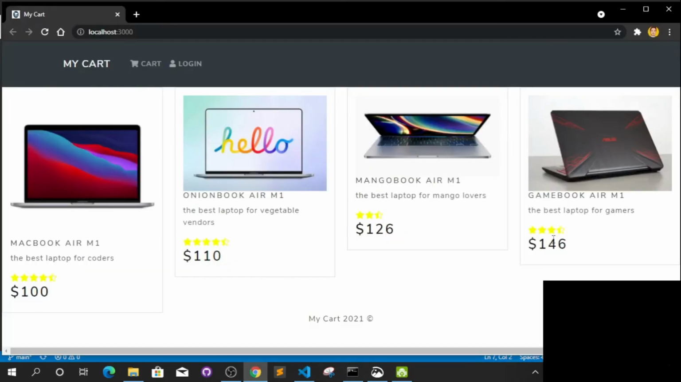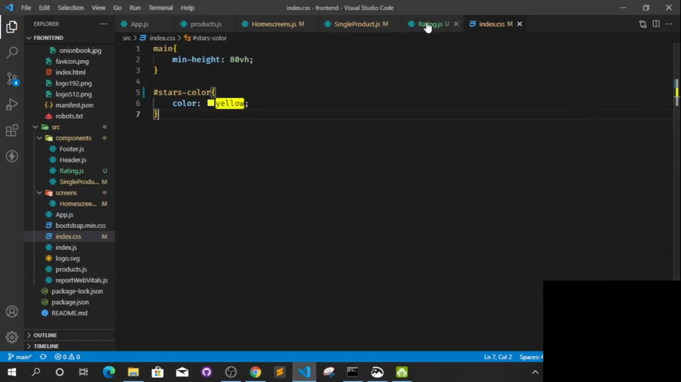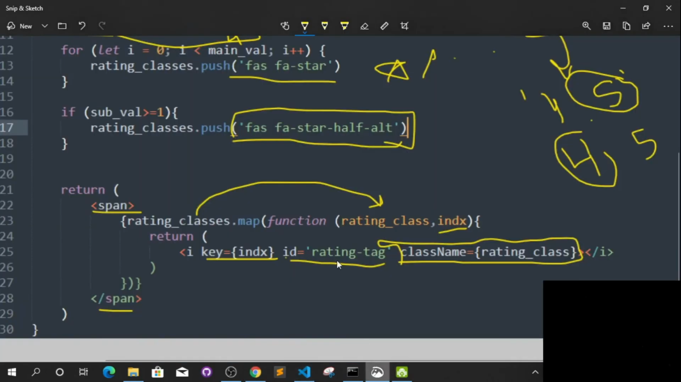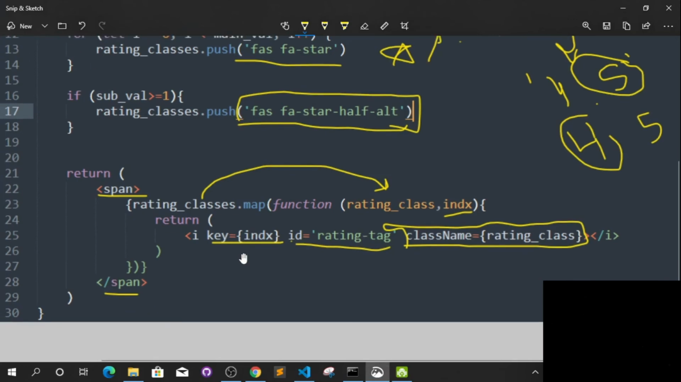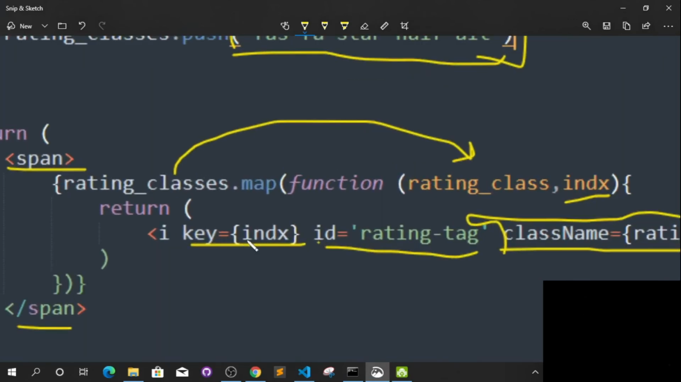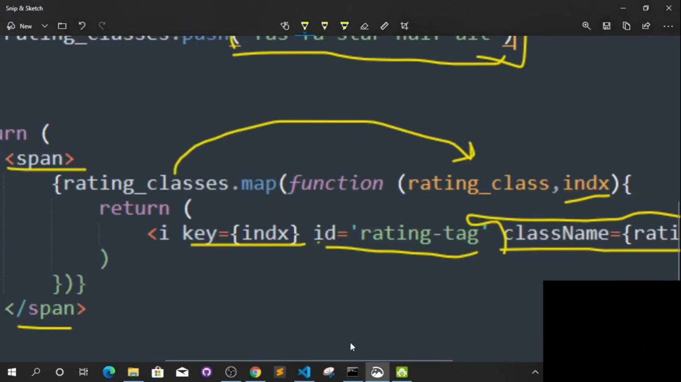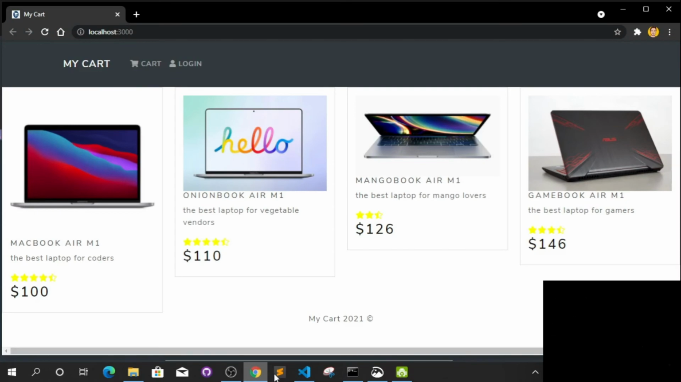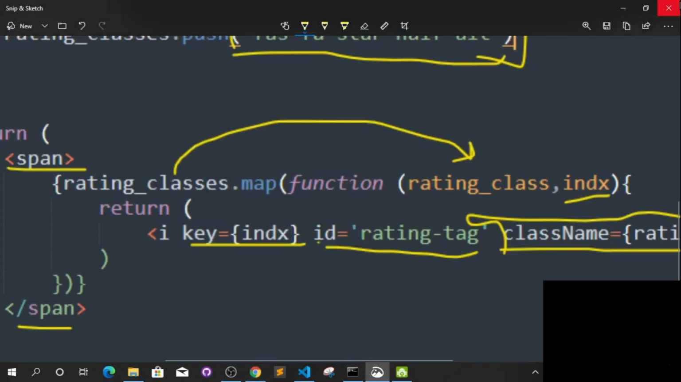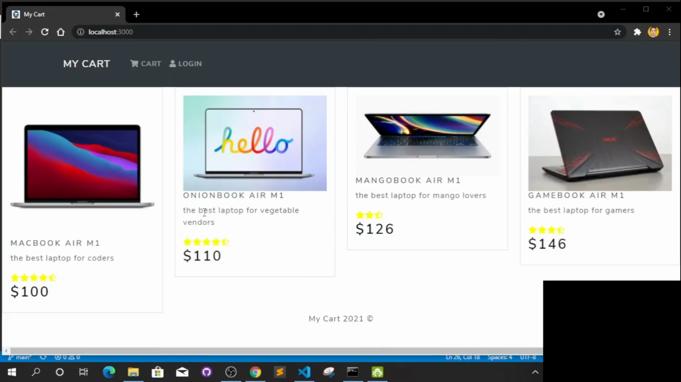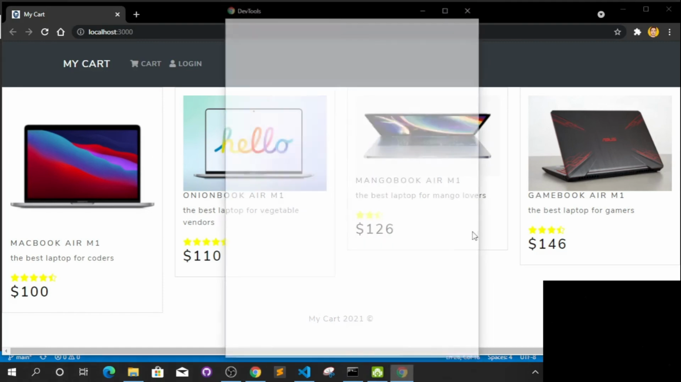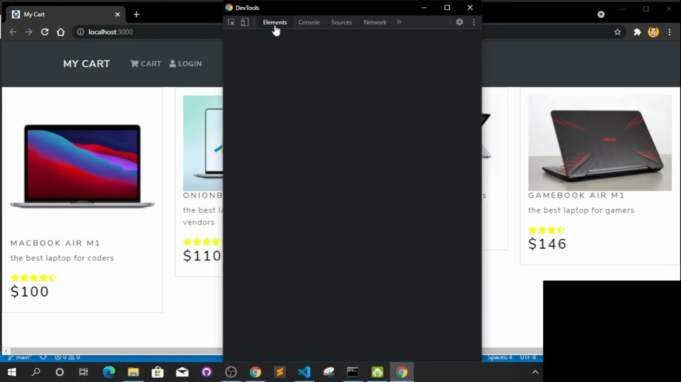Okay, perfect. Now, why was I using a key? If I come here, you see I was using a key, this key. So why was I using this? Let's close this. We don't need this now. Now if I inspect this, and I click on console,